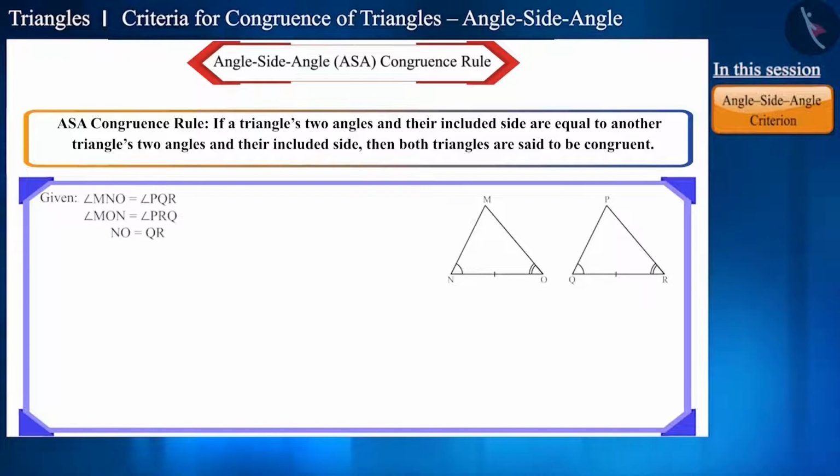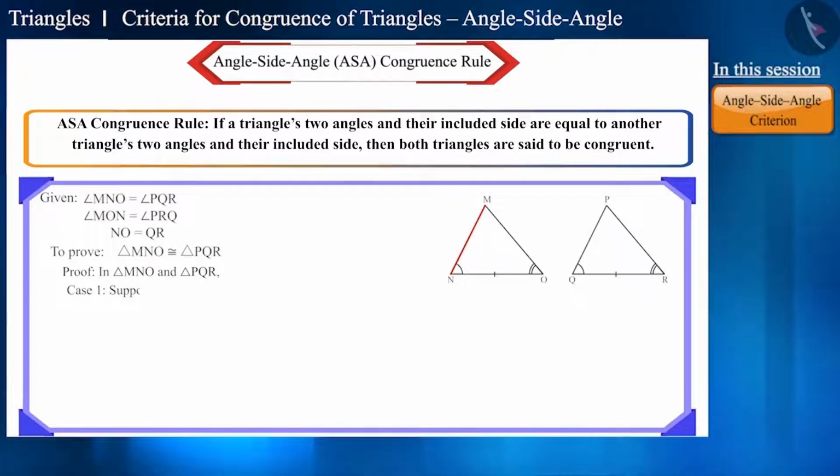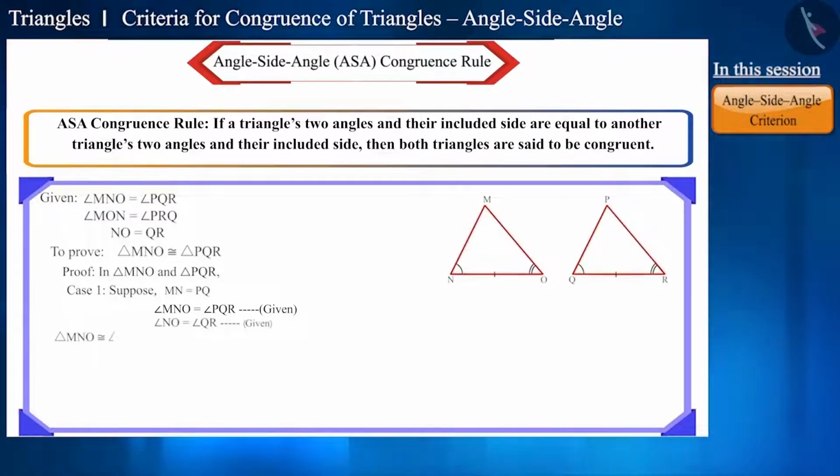Here we are given that these angles and sides are equal, and we have to prove that both these triangles are congruent. If we use the SAS, that is side angle side, criterion for the congruence of both the triangles, then there are three possibilities here. First, if we assume that side MN and side PQ are equal, and we are given that angle MNO and angle PQR are equal and sides NO and QR are equal, so both these triangles will be congruent according to